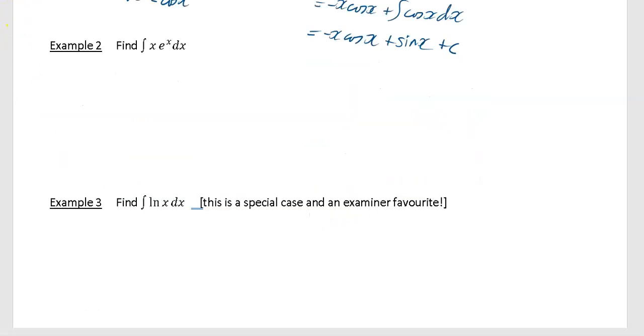Okay, example 2, same idea here. I'm going to let my u be equal to x. That means my du by dx is equal to just 1. My dv by dx is equal to e to the x. So we've looked at our e to the x, integrating it a couple of times. So if you integrate e to the x with respect to x, you just get e to the x. So I'm going to say,